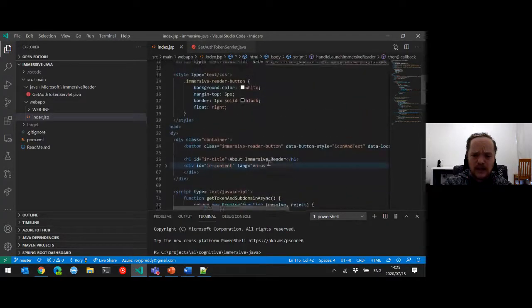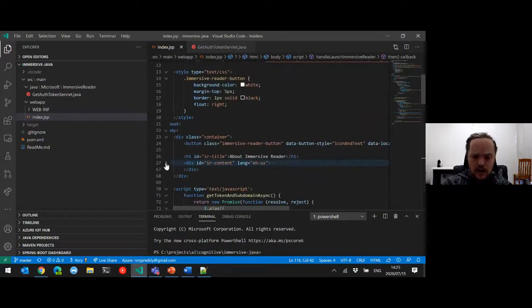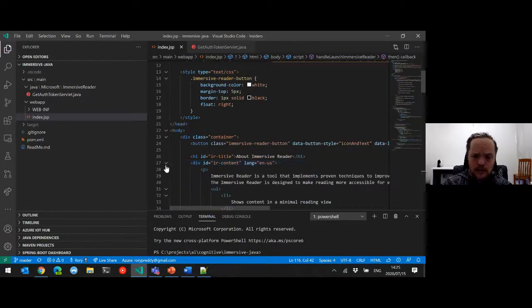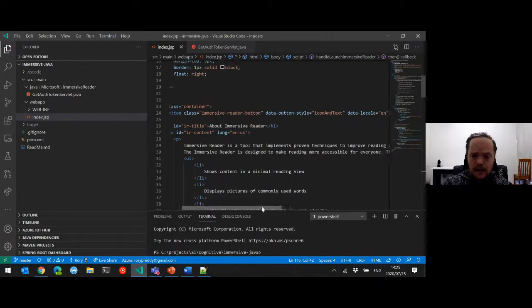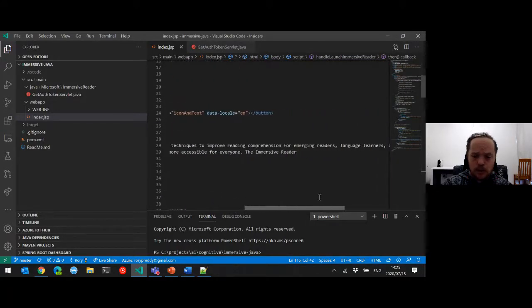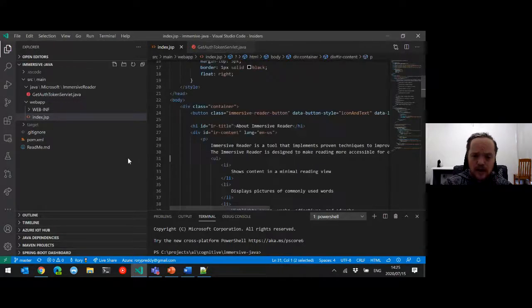Now what is the content we specify? I've got a little div here, and we can change the content a little bit. So I've got about Immersive Reader, and Immersive Reader is a tool that implements proven techniques to improve comprehension for reading. So rather, I'm going to say there that